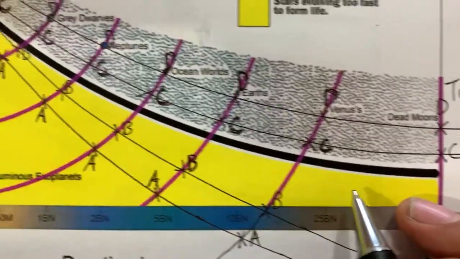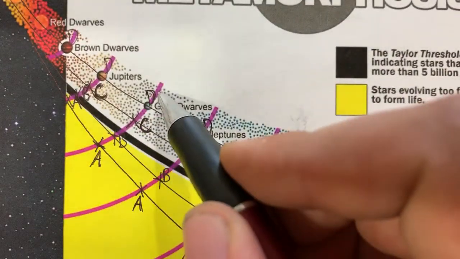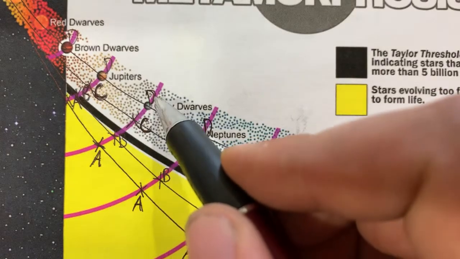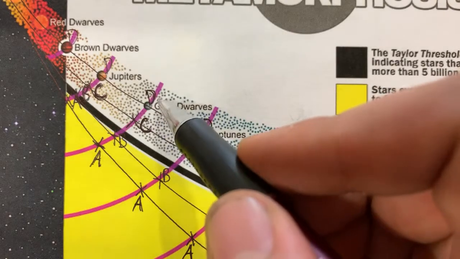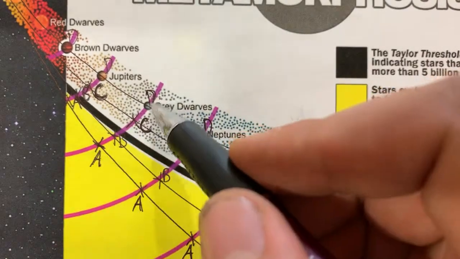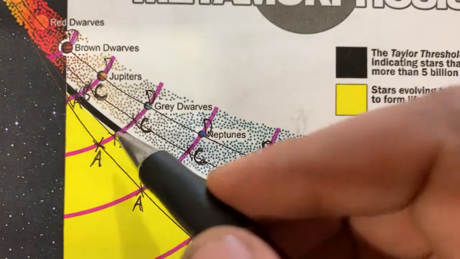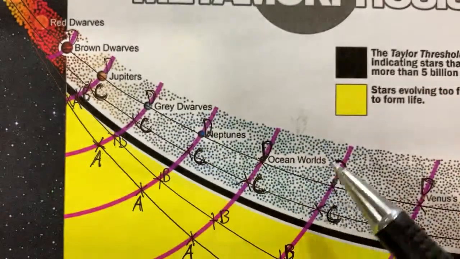Now, I wanted to be clear with people, a phase curve is not something where a star moves down. And I did this quick example here. You have star D, C, B, and A. We'll call them Delta, Charlie, Bravo, and Alpha. As the star evolves, it goes down a